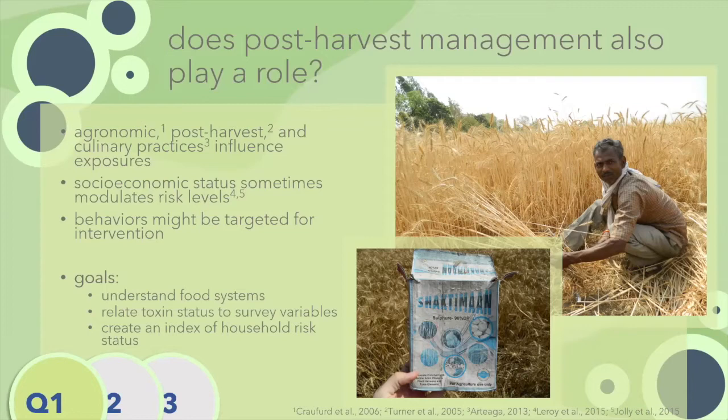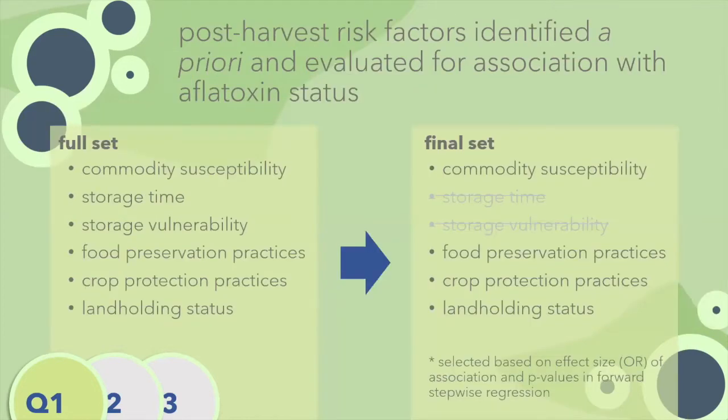So when we think about creating a risk index, it's really a matter of predictive modeling. And so we identified 6 post-harvest related risk factors a priori and evaluated them for their associations with aflatoxin status. The full set of predictors that we considered a priori were commodity susceptibility, storage time, storage vulnerability, food preservation practices in the household, crop protection practices, and landholding status, sort of as an umbrella representation of stable wealth and resource